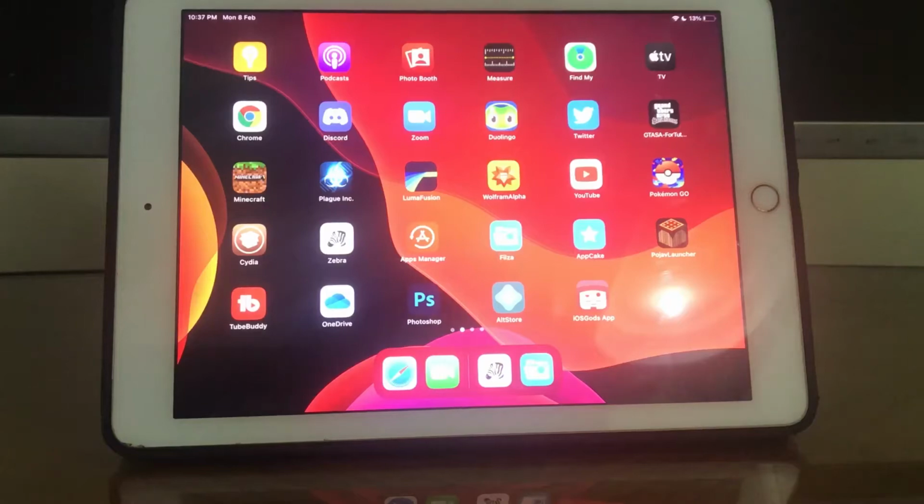Hey guys, today I'm going to show you how to download Sileo on iOS 14. As you guys know, you cannot download Sileo on iOS 14 except if you have Odyssey Rain, or in the future you can just jailbreak using Odyssey. But as of now there is no way to download it other than this method. So what you're going to do is download the file in the description, and you're going to